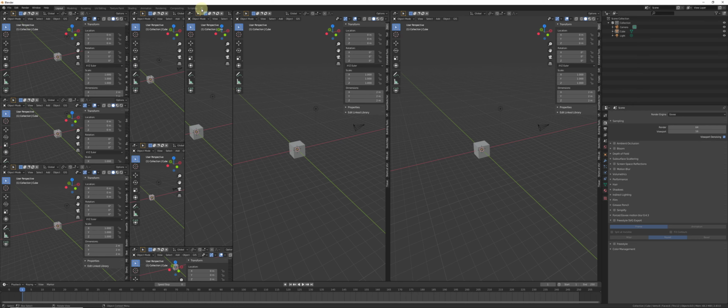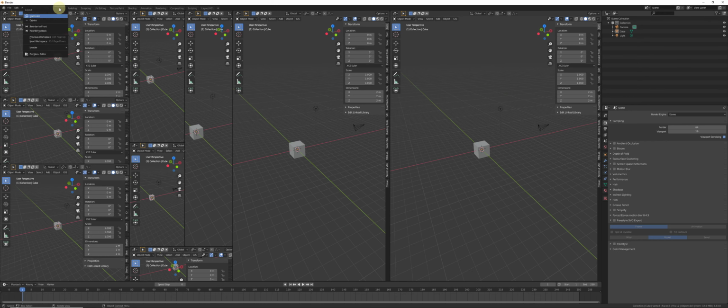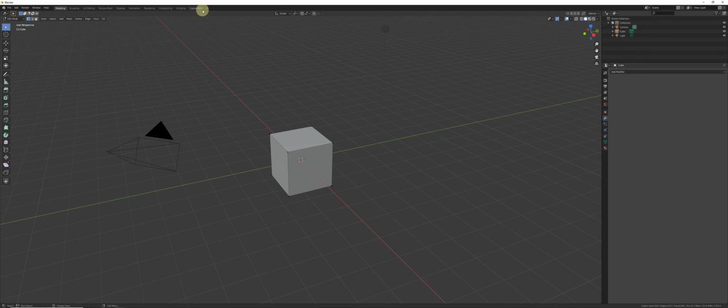Simply come up to the top where the little plus icon is, click that, and then under General, you're going to see that we have Layout as a default. I'm going to just go ahead and choose that. That brings me back to the space exactly as it is pre-configured. All right. And now I can simply go back to this tab here, right click and choose Delete. All right. And then I can double click this new Workspace tab,